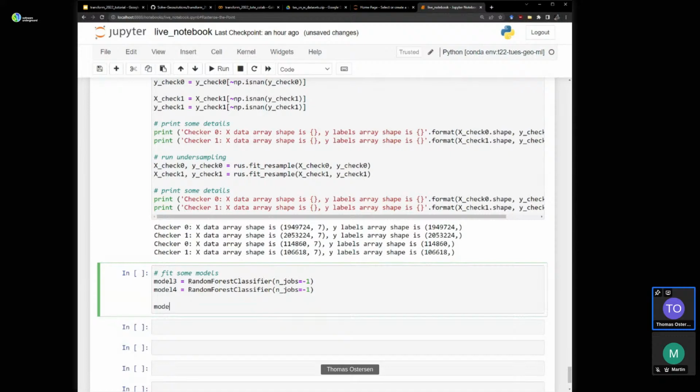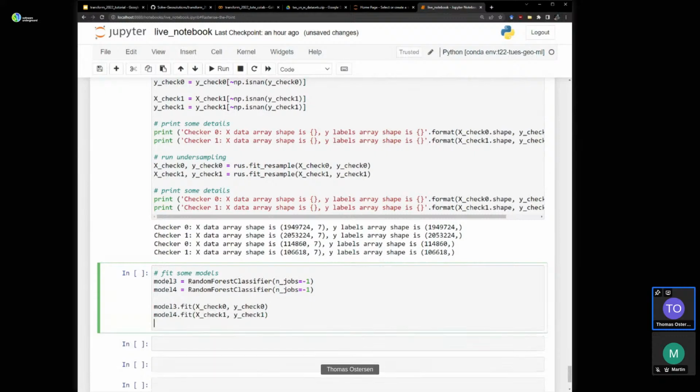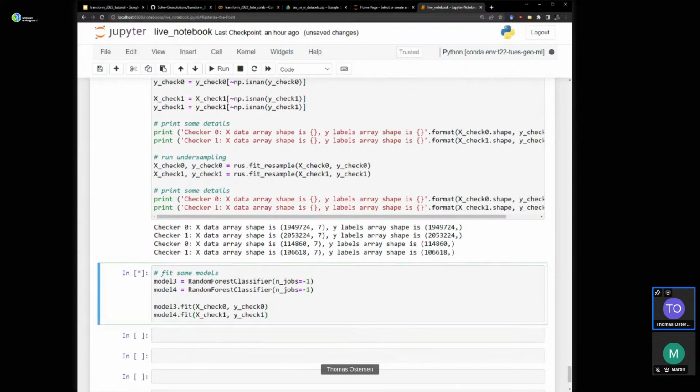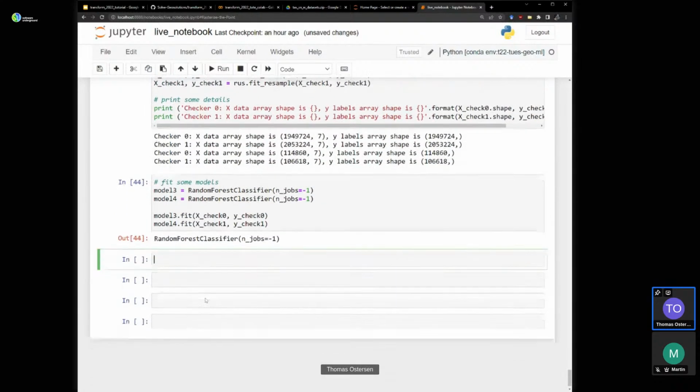And on model 3, we'll fit it to X check 0, Y check 0, and model 4 to X check 1, Y check 1. Okay, so we're fitting 2 models there, 1 to each checkerboard. And let's have a look at the validation metrics.